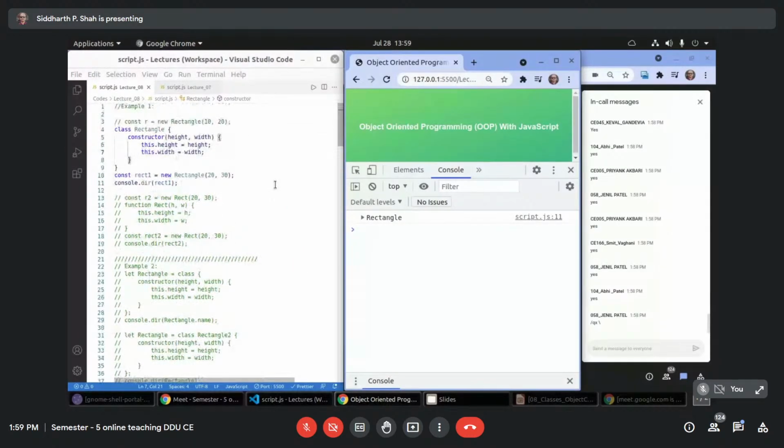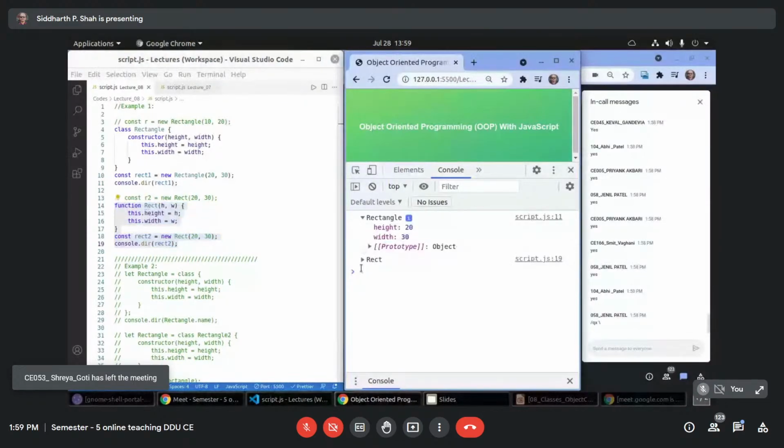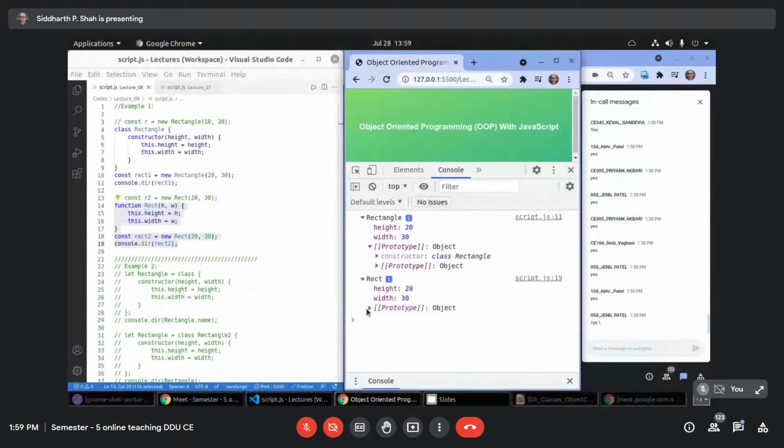Now let me show you the similarity. I am creating class Rectangle and I am creating a constructor function Rect. So this is through class, this is the class object and this is the constructor function object. See, both have the same height and width properties. Both have a prototype object attached, and that prototype object is also the same.